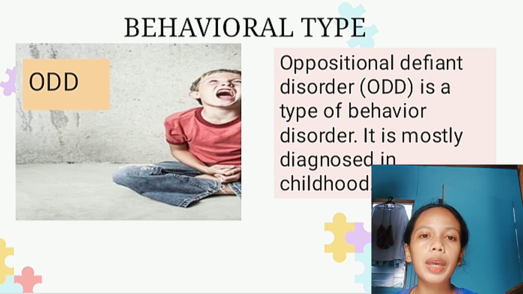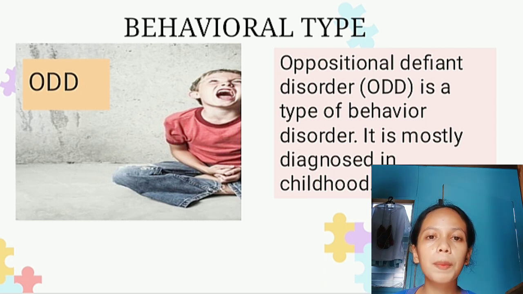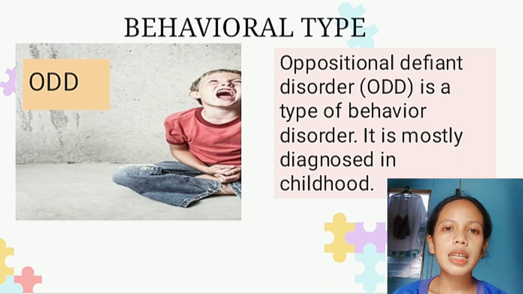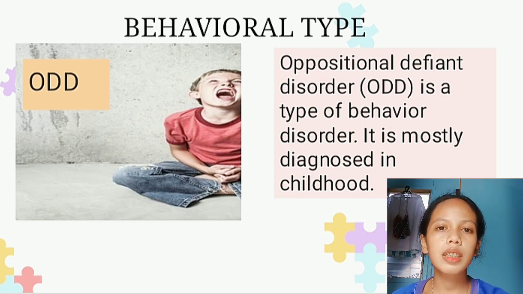It is a type of behavior disorder. It is mostly diagnosed in childhood. Children with ODD are uncooperative, defiant, and hostile towards peers, parents, teachers, and other authority figures. They are more troubling to others than they are to themselves. ODD is more common in boys than in girls. Children with the following mental health problems are more likely to have ODD: